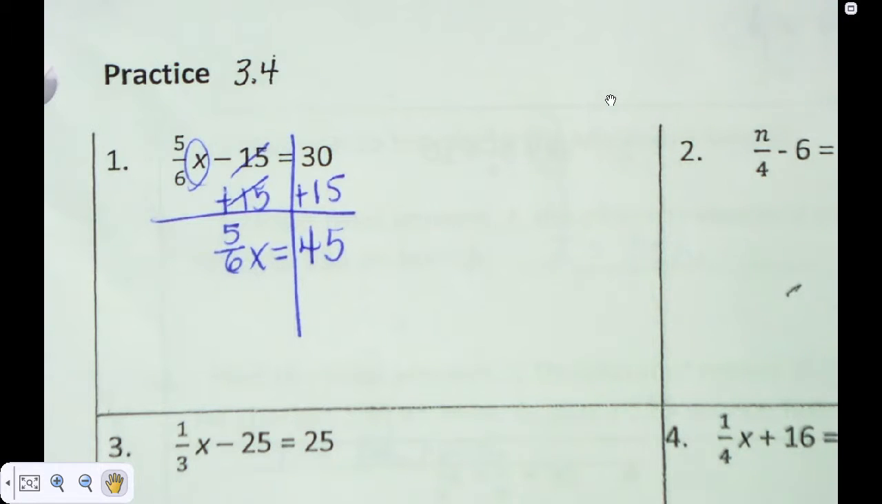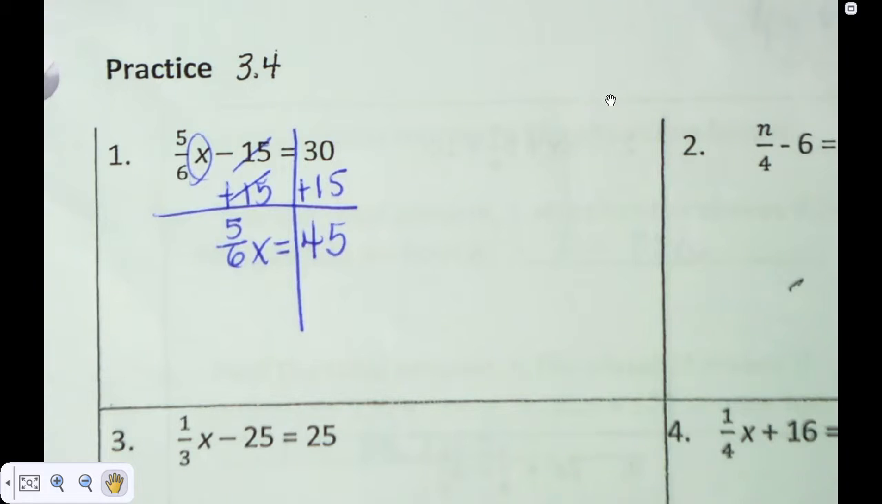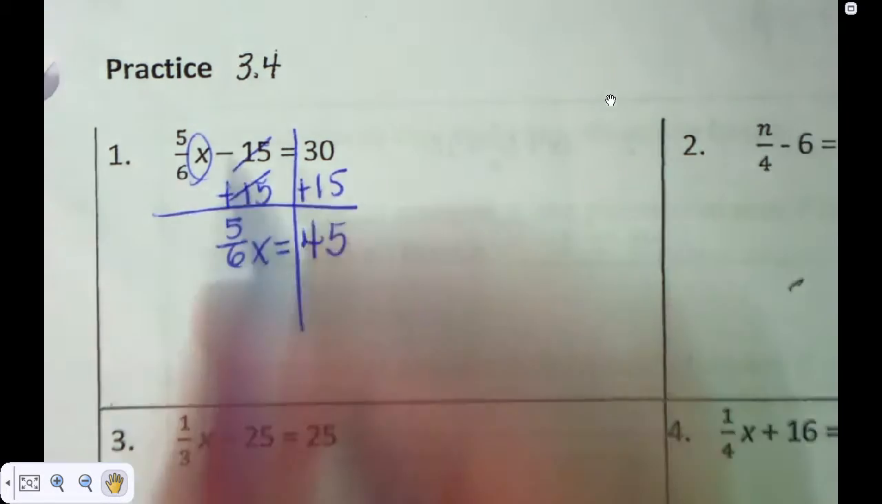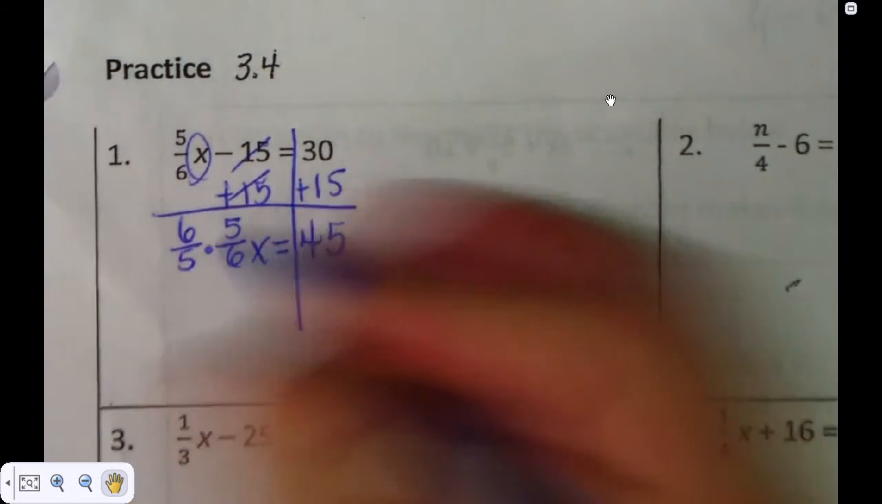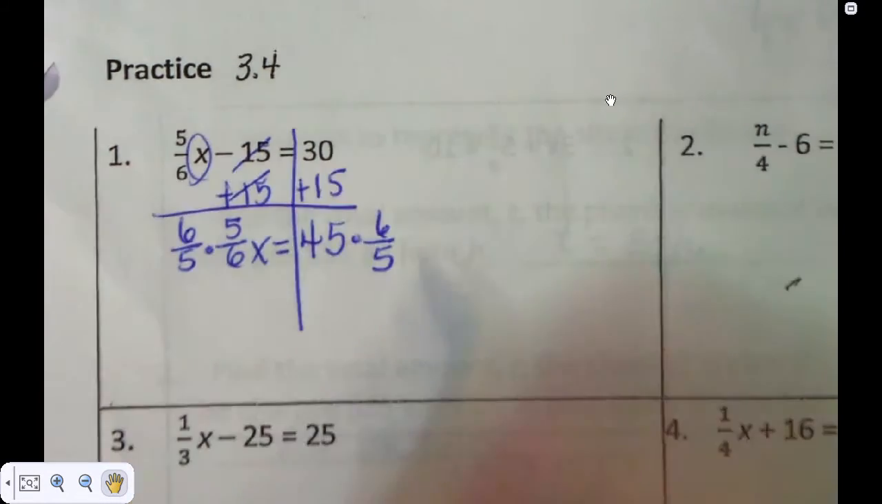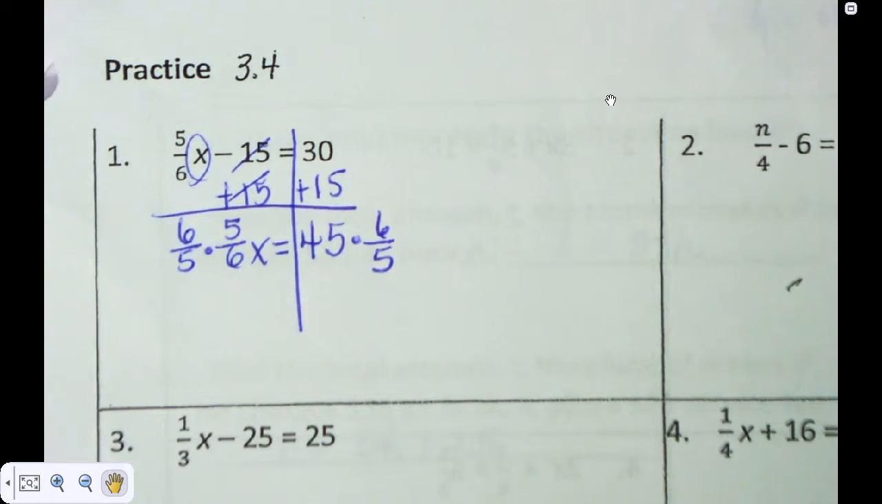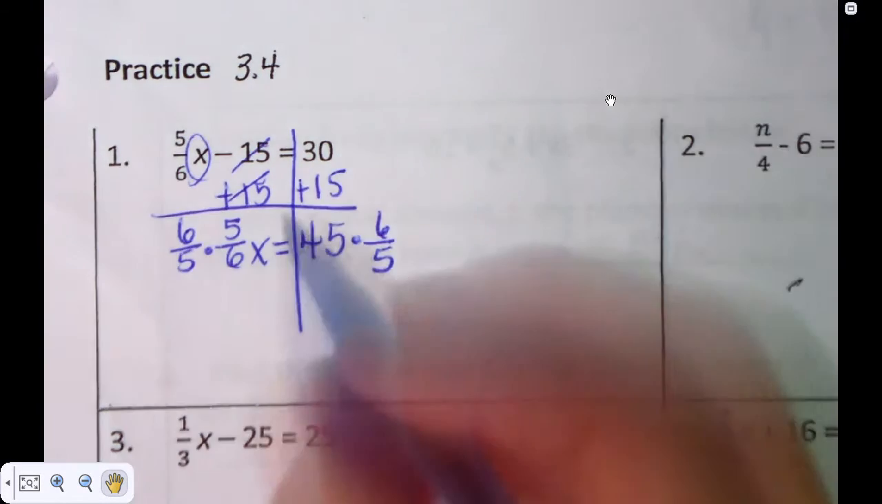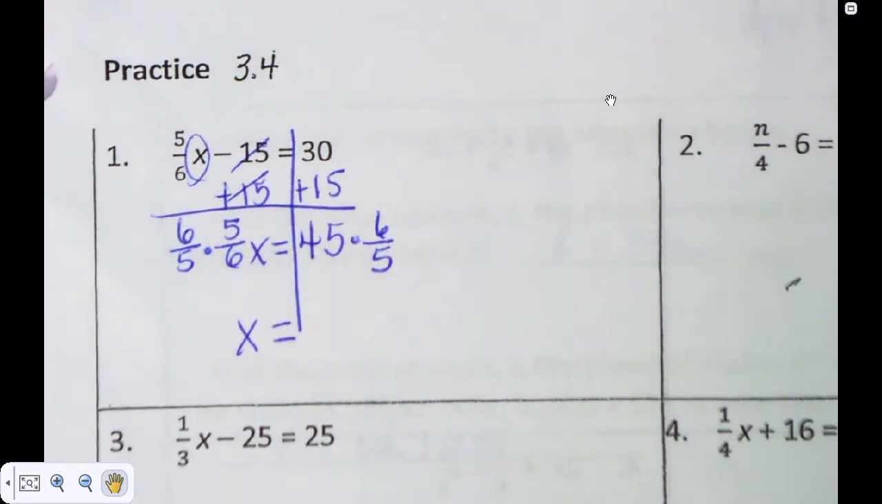But don't put the 0 there. Yours should look just like mine. Now, what's the coefficient? 5/6. What's the reciprocal? 6/5. Good. So if you multiply by 6/5 on one side, you have to multiply it by 6/5 on the right side. So x equals, now,